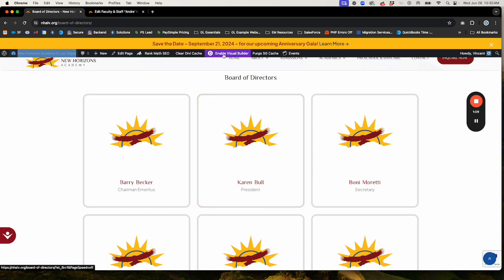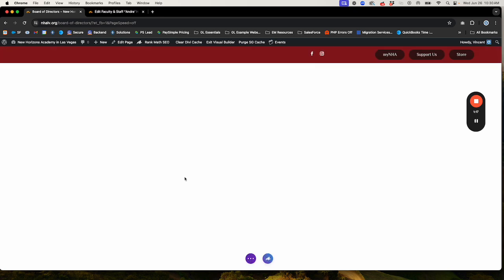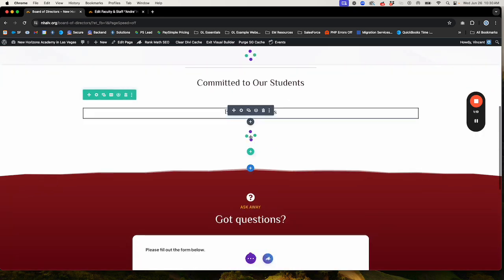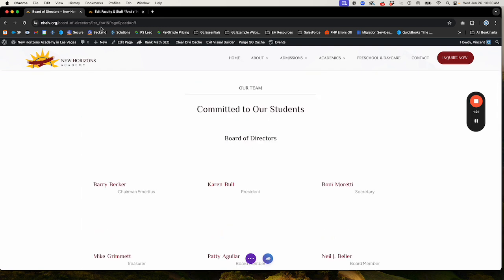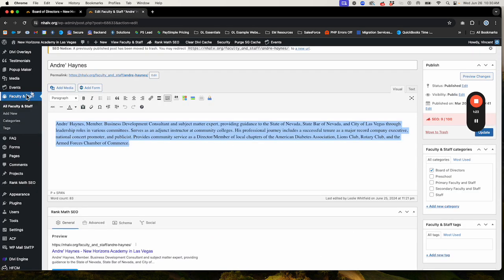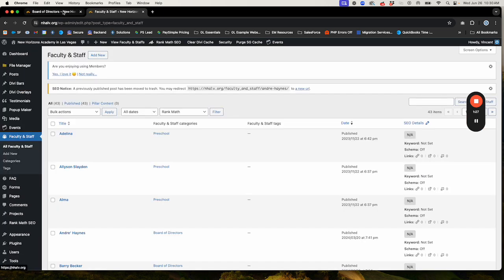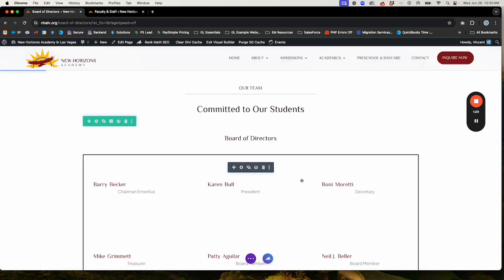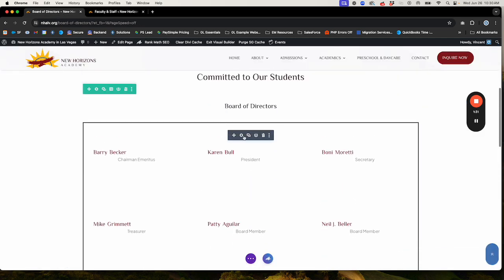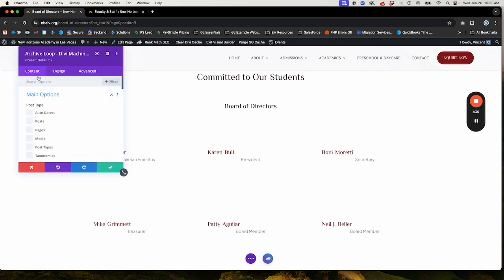So the way to do this is to first click Enable Visual Builder on the page where the directory is listed. And there's an archive loop module which houses all of the custom posts, which is where it's pulling from the faculty and staff posts, which are on the back end of the site, and it's listing all of these as individual bios. So if we click on the settings for this archive loop module,